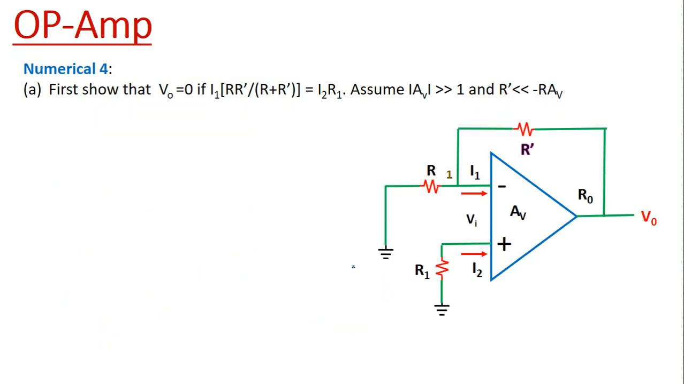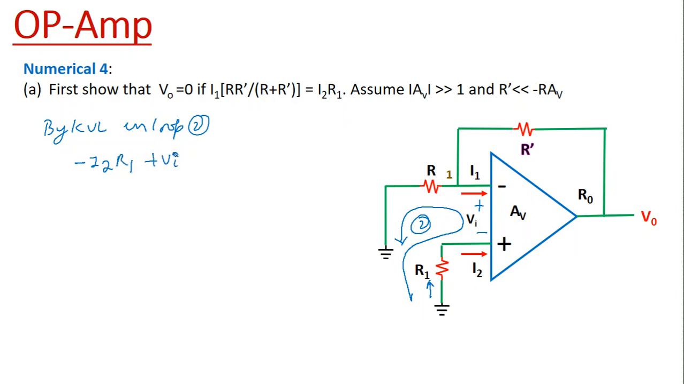This will be our equation number 2. Again we apply KVL in loop number 2. The current direction is towards the upward side. So we start from this ground through R1 to this ground. This is loop number 2. This is VI, the polarity is plus minus, the input differential voltage. So we get minus I2 R1